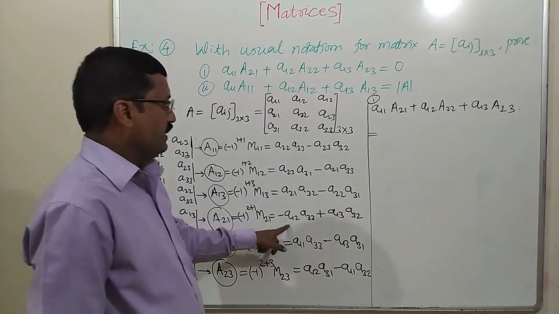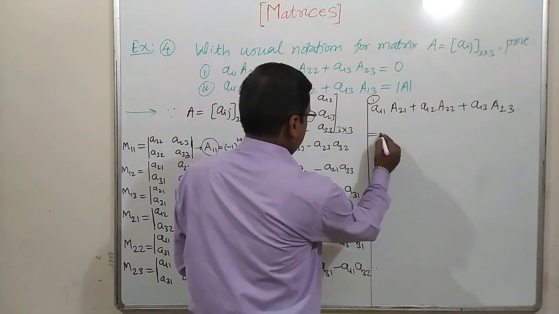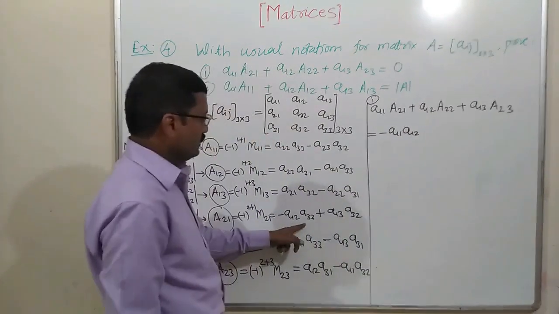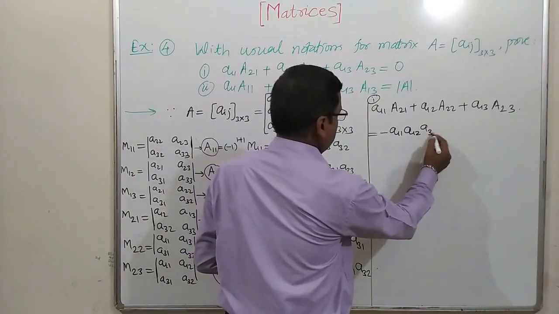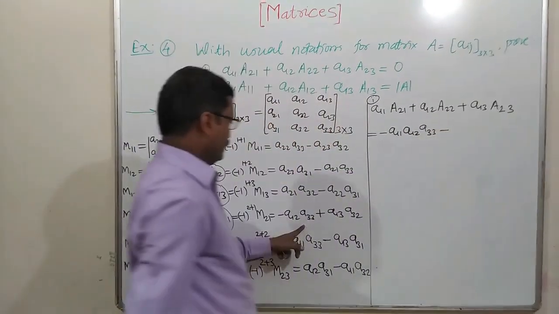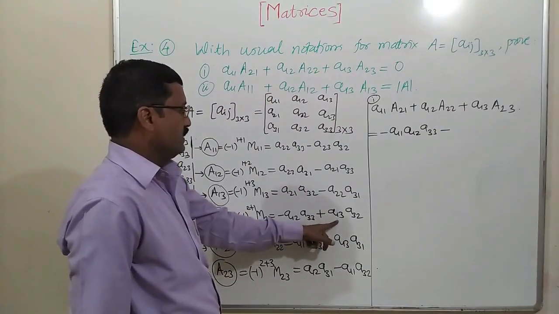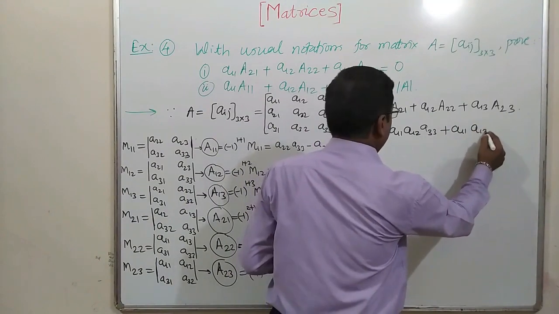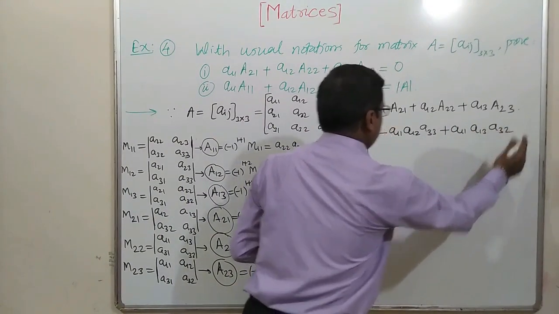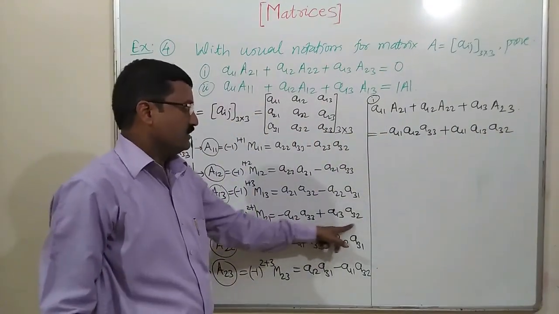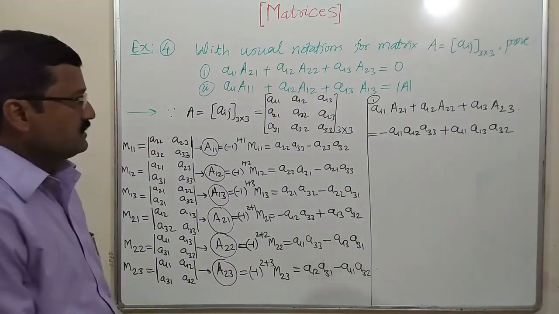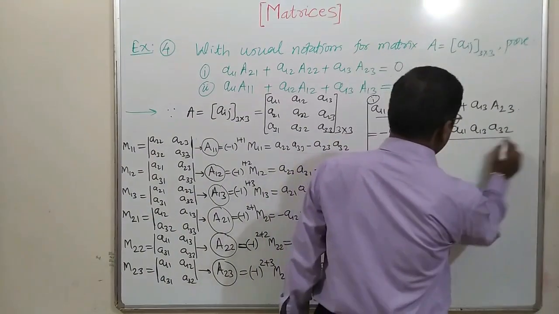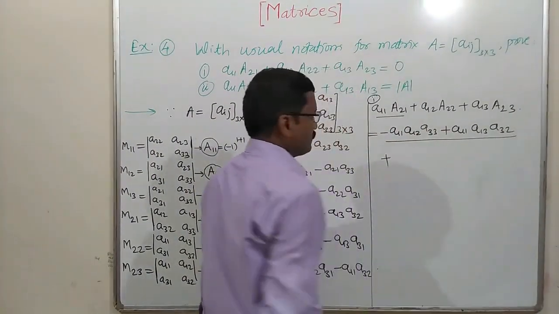Multiply this by a11. So we get minus of a11, a12, a33. Then plus, multiplying this by a11, plus a11, a13 and a32. Okay, this is the first term, this one. This is equal to this. Now plus